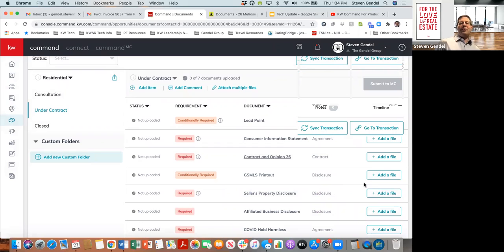It'll assign the ones to the appropriate fields. And you'll see a copy of them right over here on the right-hand side. Okay. Thanks. So yeah, that's the last step, is after they're signed by the seller,